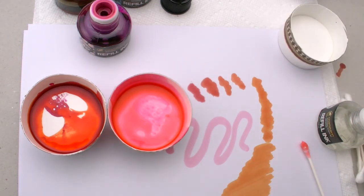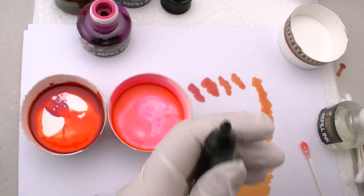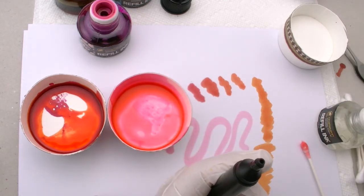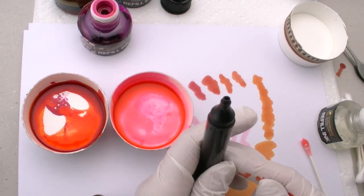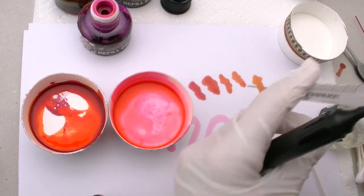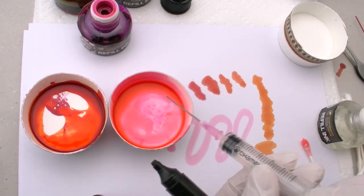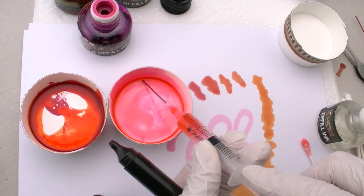So how do you do that? What you want to do is you want to go in from the bullet side of your pen and you want to be able to use your tweezers that you get in the set, and you want to be able to remove that bullet nib. And this is also covered in the refilling of your pens. The inside of your pen will already be a Transorb that's empty, and what you're going to do is you're going to take the ink, the color that you want, you're going to draw that ink color up, so you would be pulling it up into your